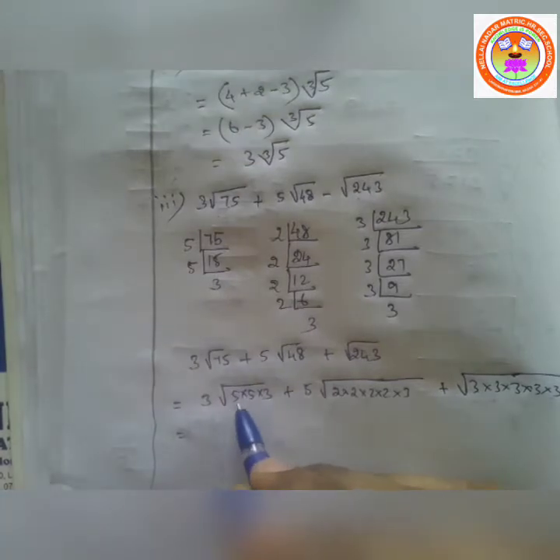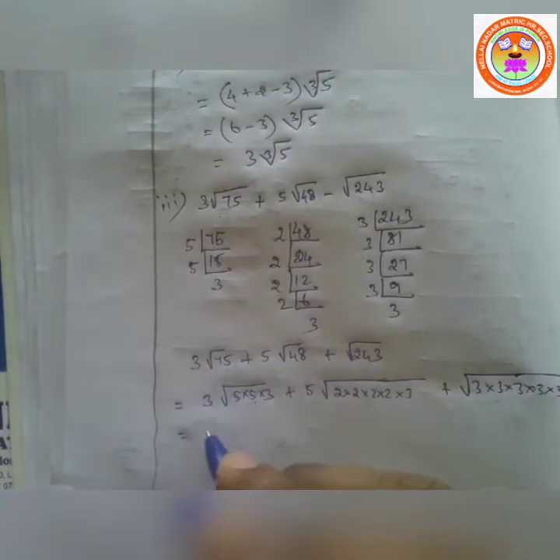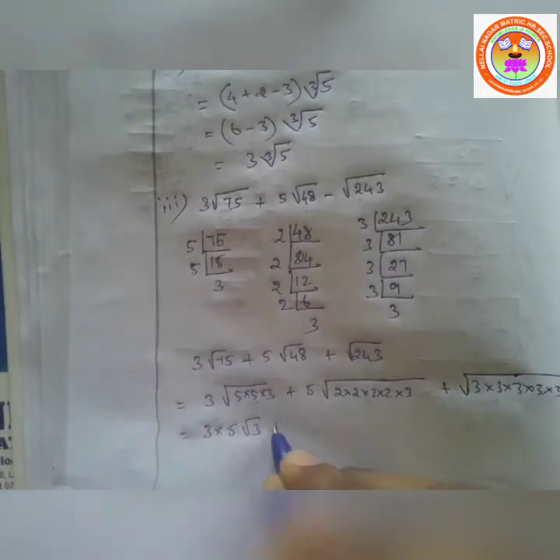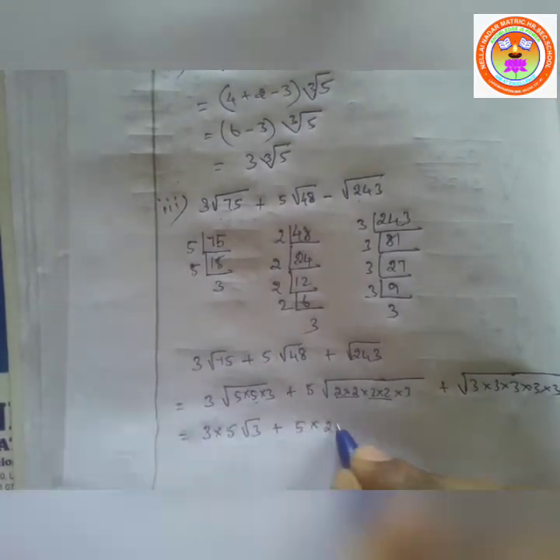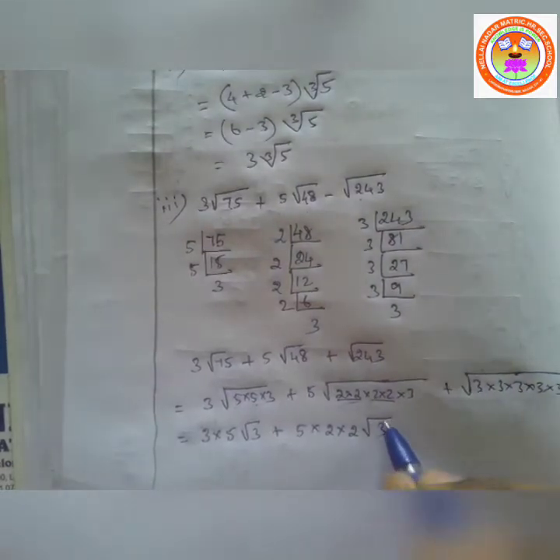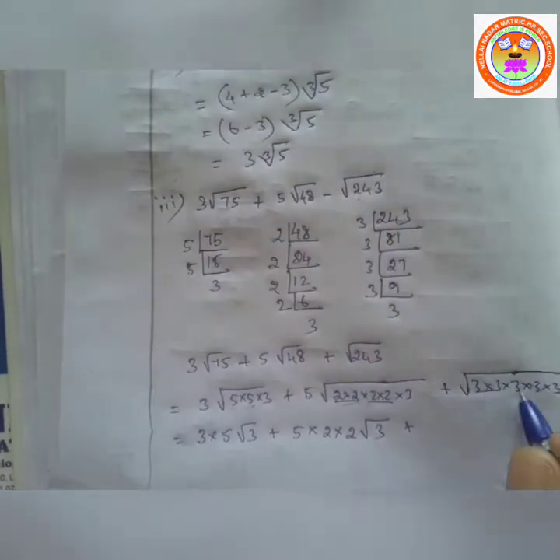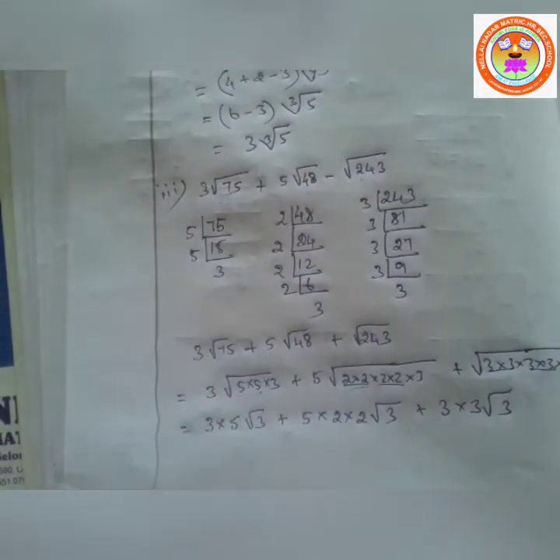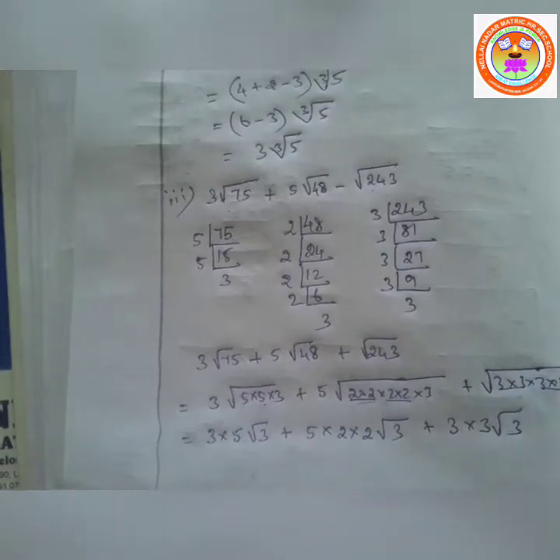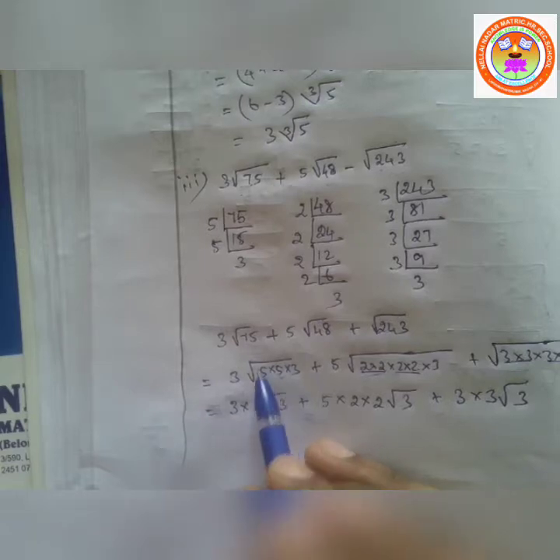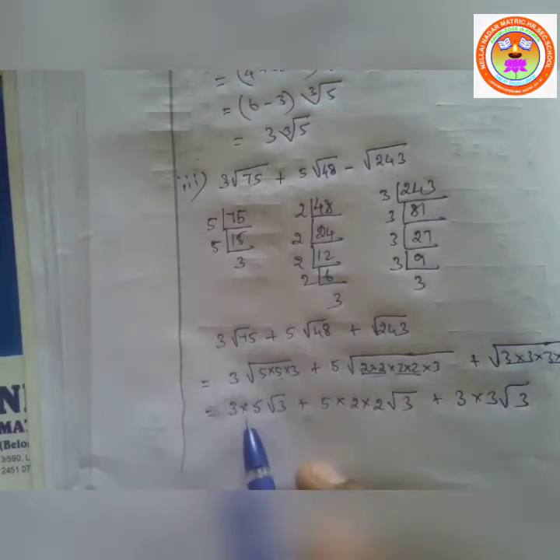Now for 2 numbers we can take one number outside. So 3 into 5 for the square root of 3 plus this is one pair, this is another pair. So you can write 2 2's outside of the square root. So 2 into 2 square root of 3 minus here also 2 pairs are there, 3 into 3 square root of 3. Are you able to understand? This you can learn in squares and square roots. If 2 same numbers are there inside the square root, you can take one number outside of the square root. That same method only I am doing here.